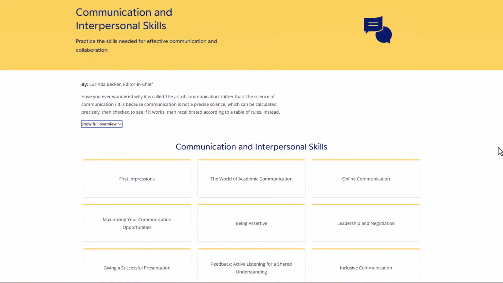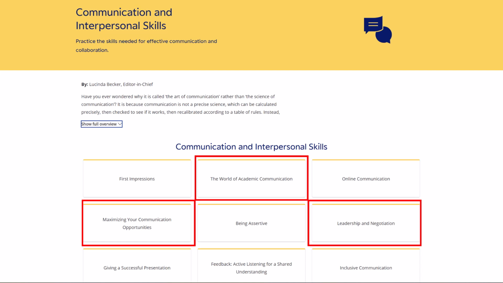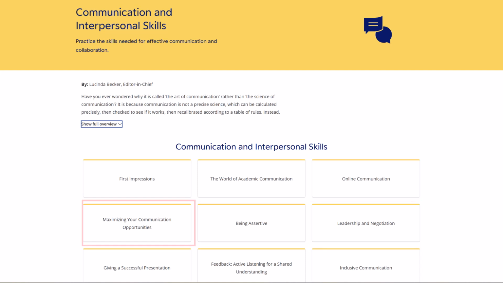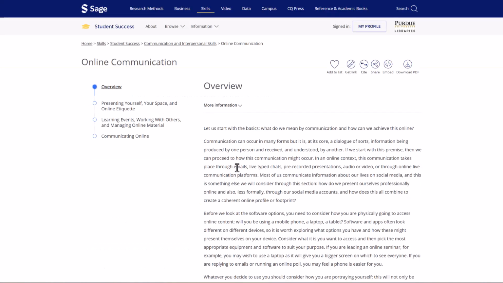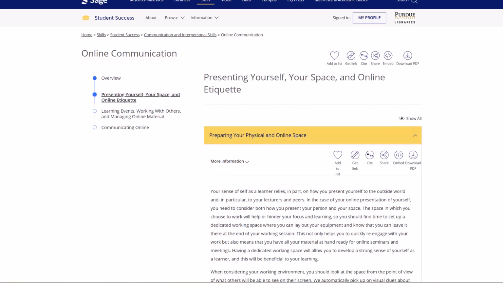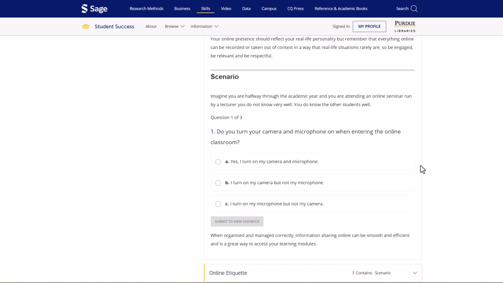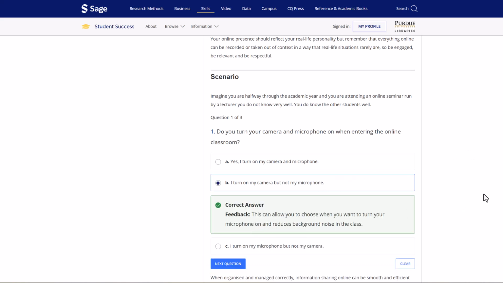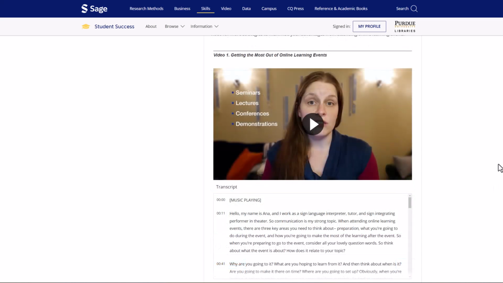Each module is broken down into smaller sections that focus on a specific skill. Skills are designed in a way that allows you to complete as many as you like, in any order. As you move through the individual sections of a skill, you'll interact with multiple content types from scenarios that may include brief quizzes with immediate feedback, videos, and figures and tables where applicable.